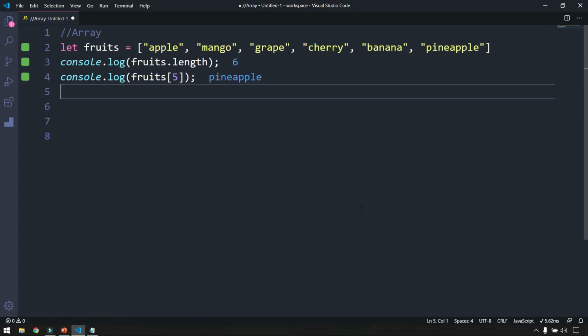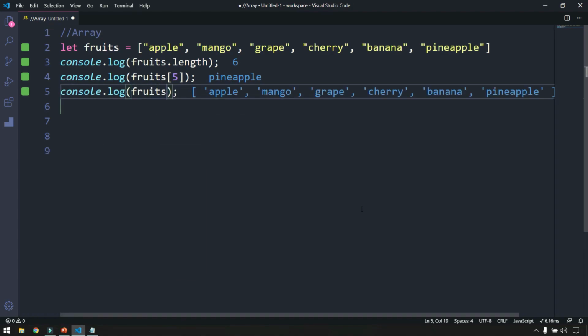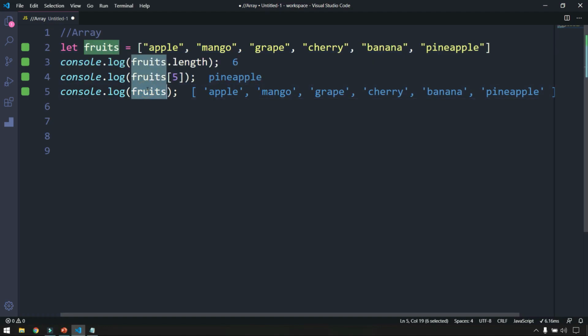Now I want to display each and every fruit here. So what can we do? Obviously we can log that using console.log and fruits, right? So we'll get the value. Now I want to print each and every value, because if you see here, I am getting this value within the square brackets, right, which indicates that this data type is obviously an array. Now I want to fetch each and every value.